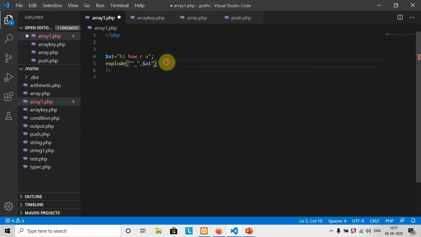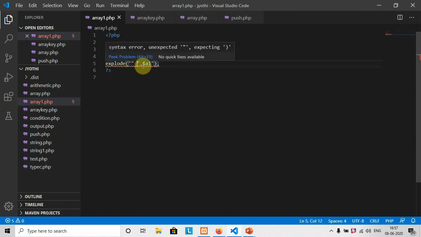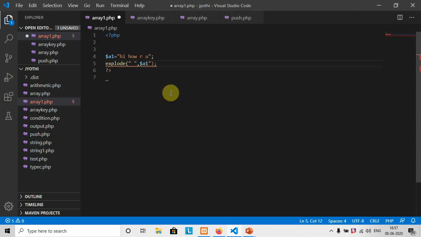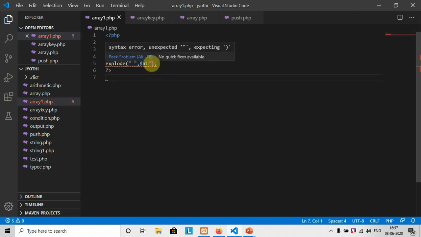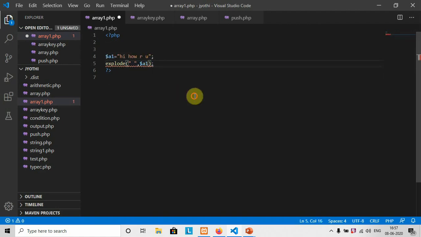So I have $A1 and a space as the delimiter. Now this will be stored in, let it be, B1.